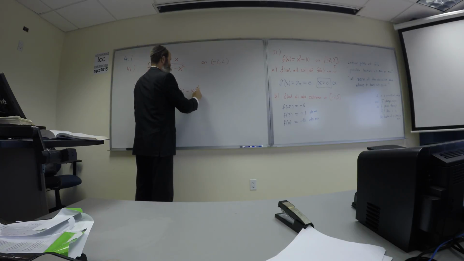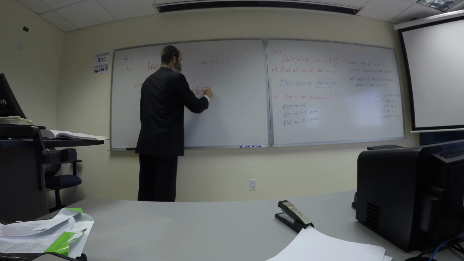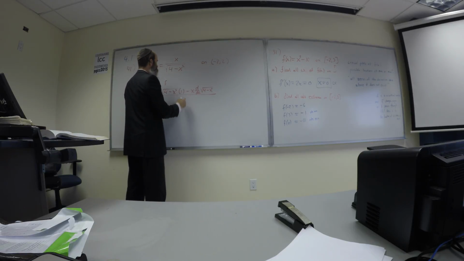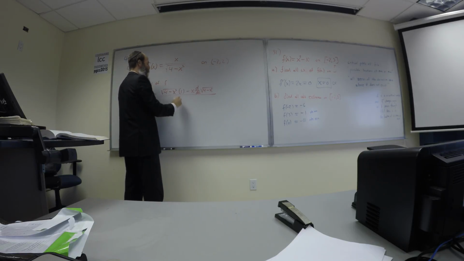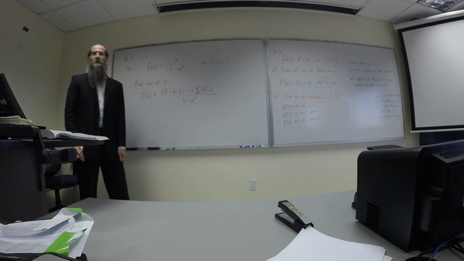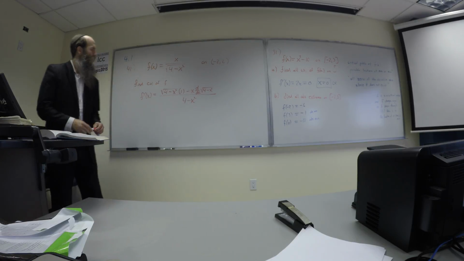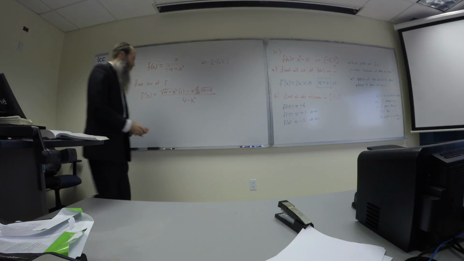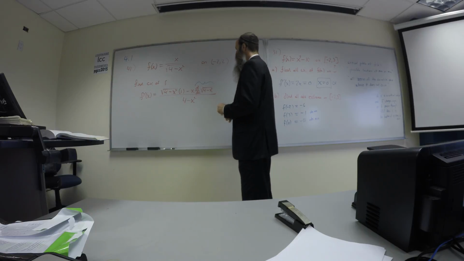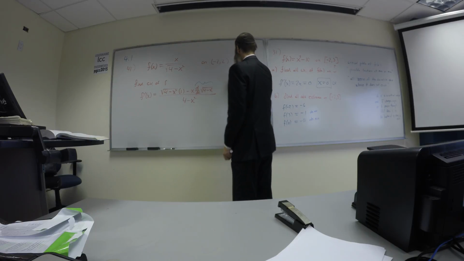I'm just going to write it: 4 minus x squared. We'll take care of the derivative in the next step. Now I need to square the square root of 4 minus x squared, which just gives us 4 minus x squared, because the square of the square root is the thing inside. That's what we have right now. We need to take this derivative to complete the quotient rule. So the derivative of the square root of 4 minus x squared, d dx,